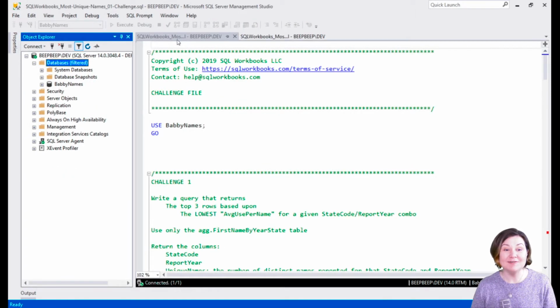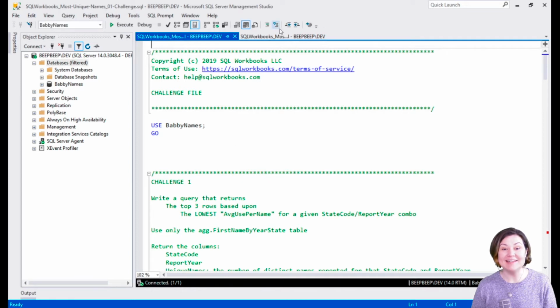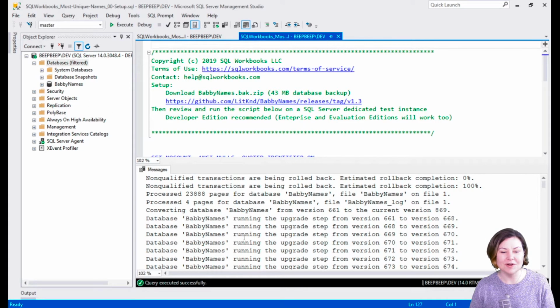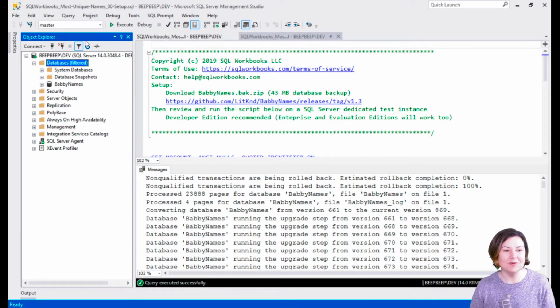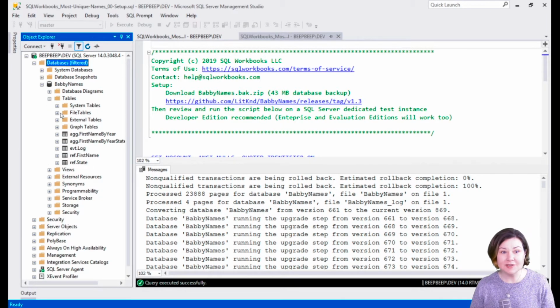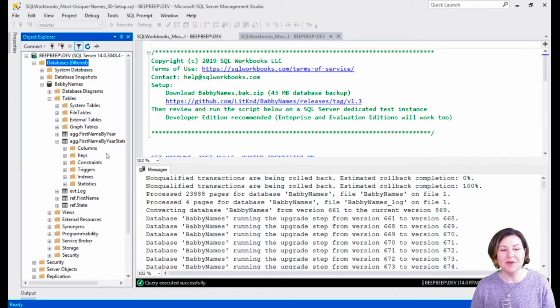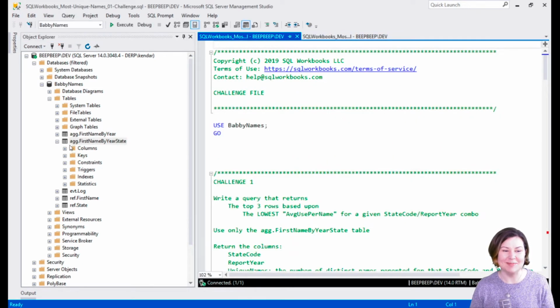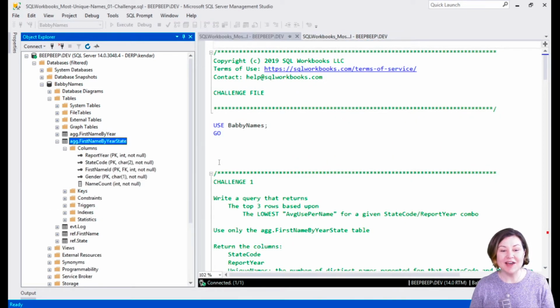Now I have restored the database to my instance already. I'll just show you how long this takes to run. It just takes a couple of seconds to restore this to my instance. So we'll refresh up here. And in the Babby Names database, you're not going to be using a ton of tables. In fact, there are not a ton of tables to use, but we will primarily be using the ag.firstnameByState table in here. So I'm going to expand the columns there,